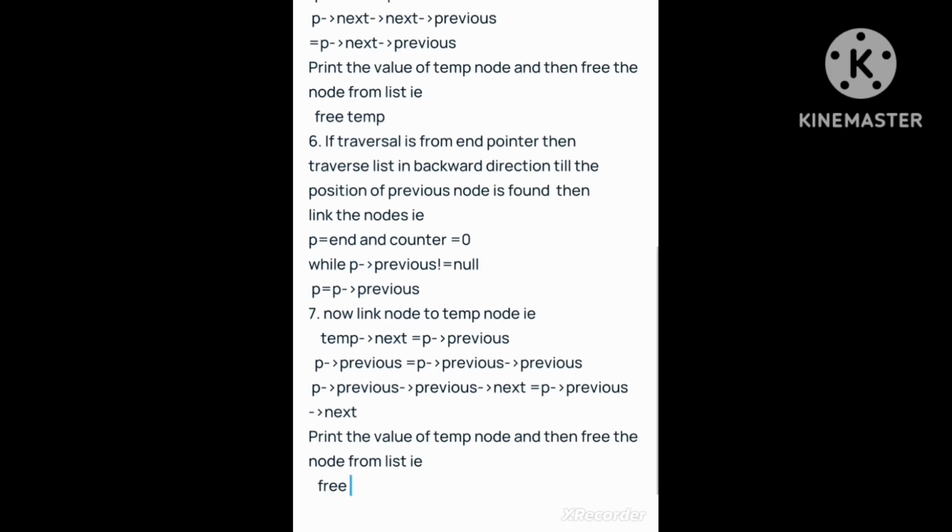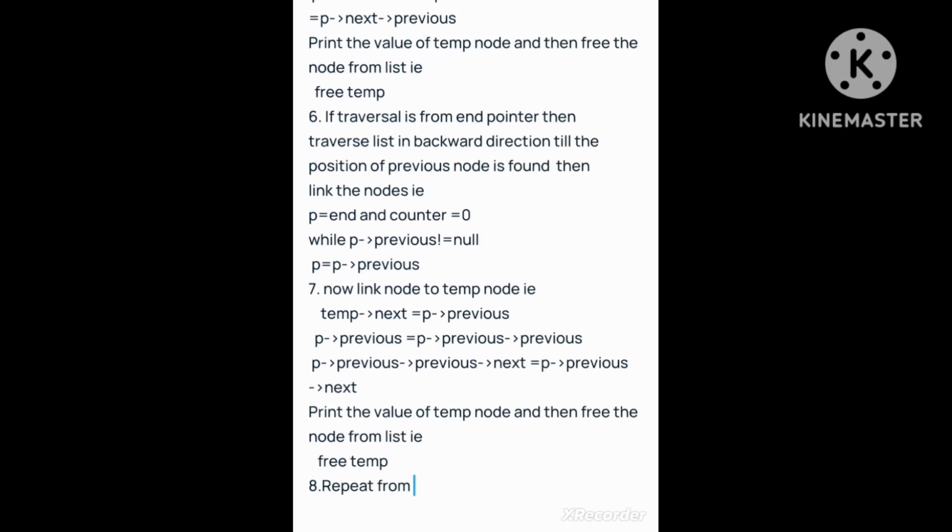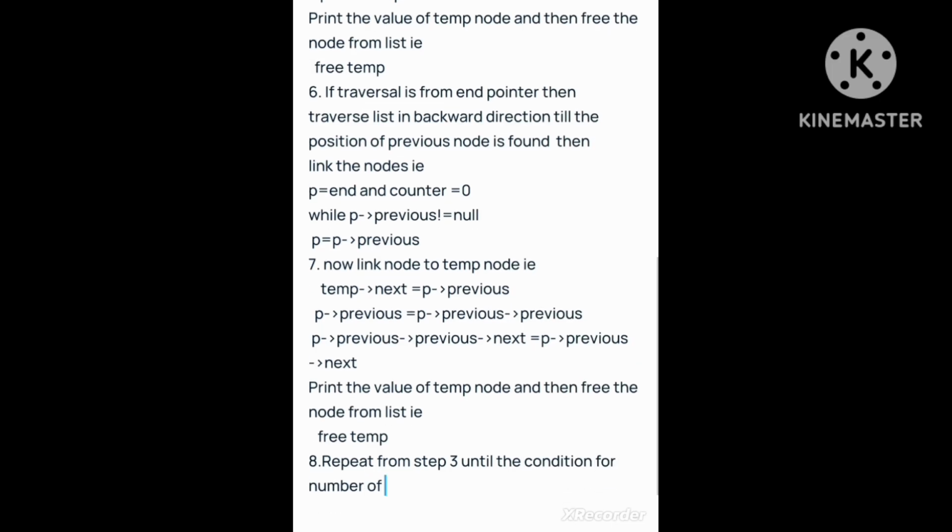The important point to be kept in mind while traversing the list in this algorithm is that while we are searching in forward direction, then we have to stop our traversing just one prior to the node to be deleted, and same is for the backward direction.